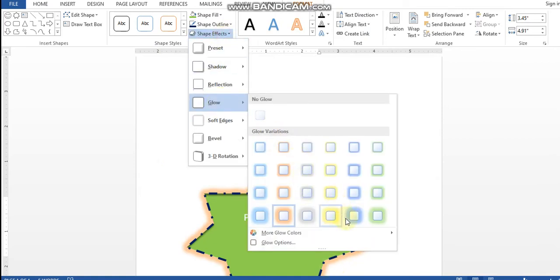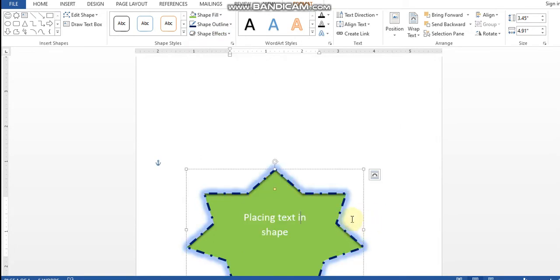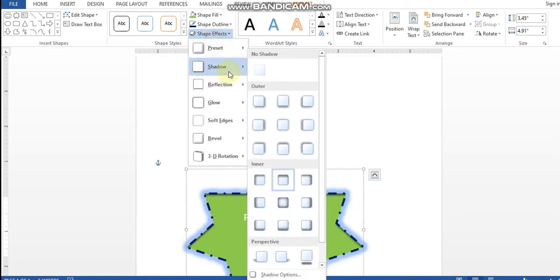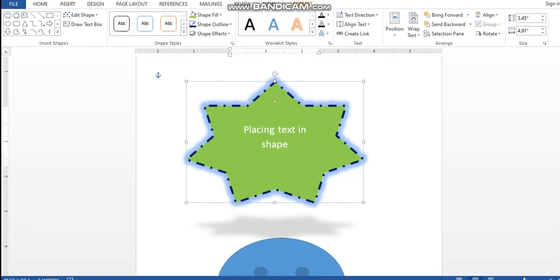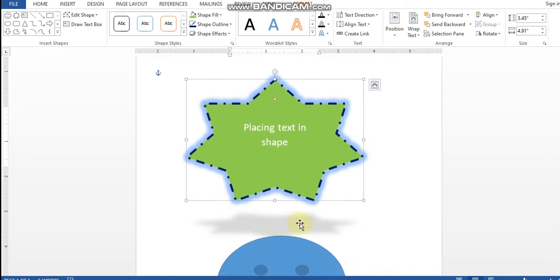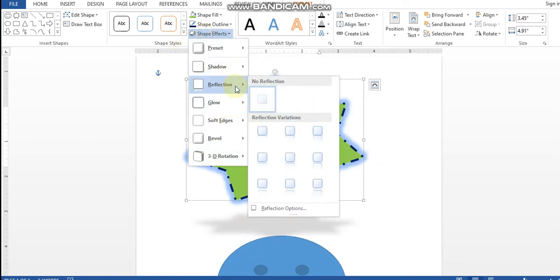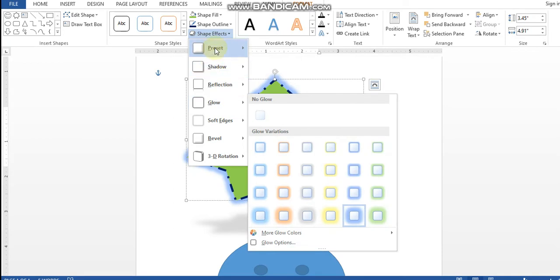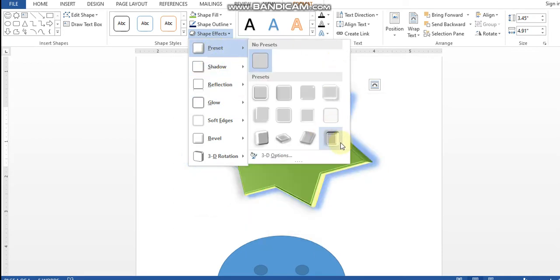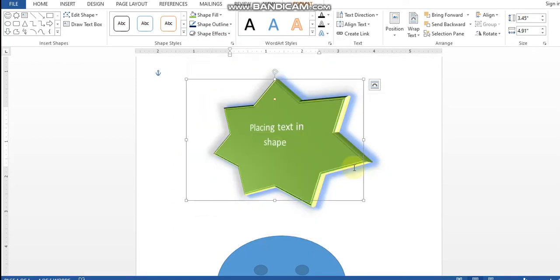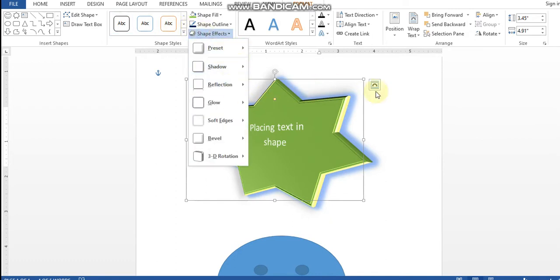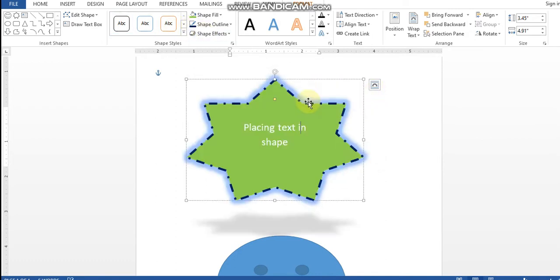You can change the color also like this, or if you want the shadow, it can come. Let me show you. Can you see this shadow here? So this is a shadow of the star shape. All these things you can take from here, right? This type of reflection you can take too. So all these things are there which you can do.